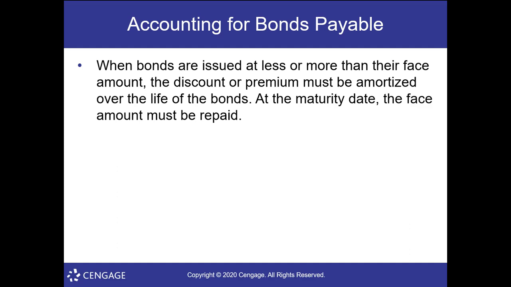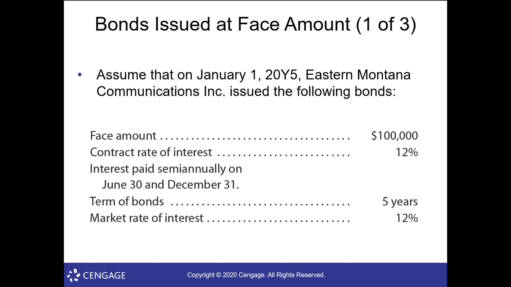If bonds are issued at more or less than their face amount, the premium or discount is then amortized over the life of the bond. So the takeaways from this chapter are going to be how to calculate a bond and how to amortize the discount or premium. So if we start with a straightforward example,